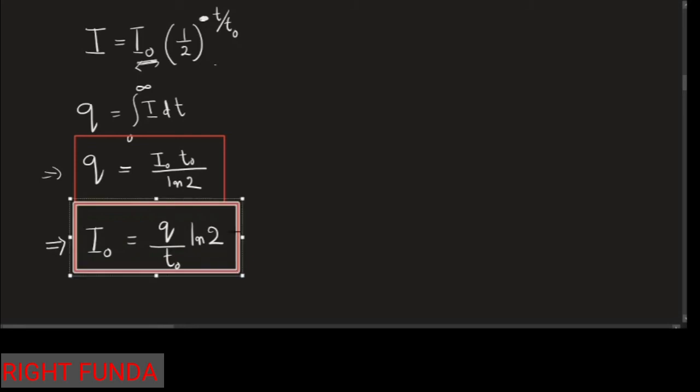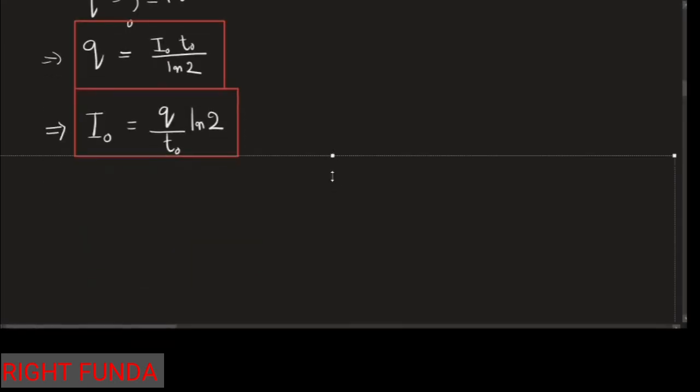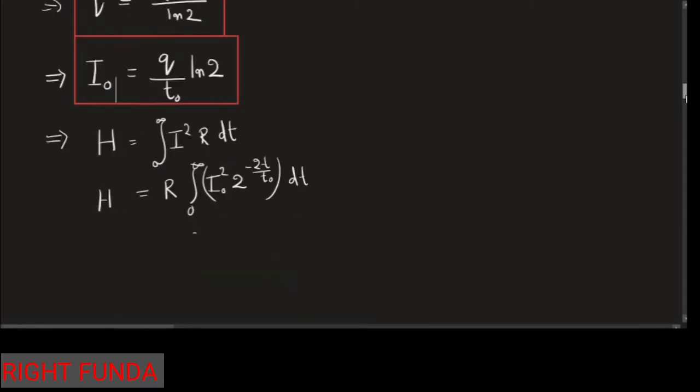This value I'll substitute here. In this equation, I'll take I naught and substitute, and I get I as a function of time. So if I write the equation, this becomes I naught squared into 2 to the power of minus t by t naught, I squared R dt. I'll substitute the I naught value, and then we integrate this, put in the values, and after integrating this equation we can obtain